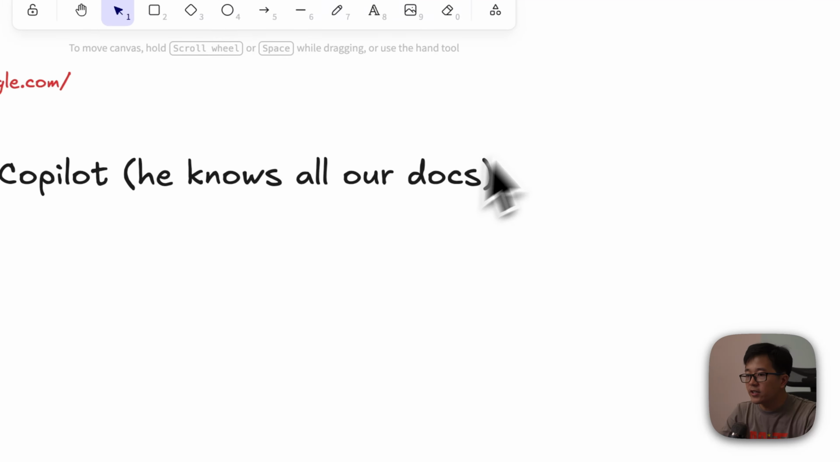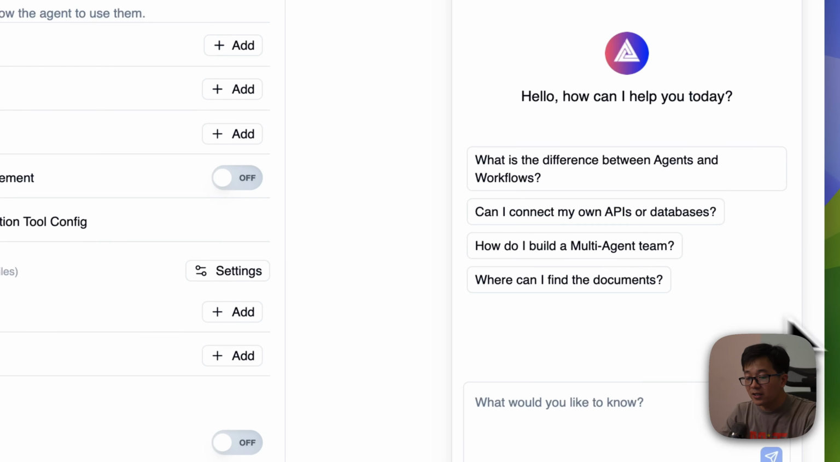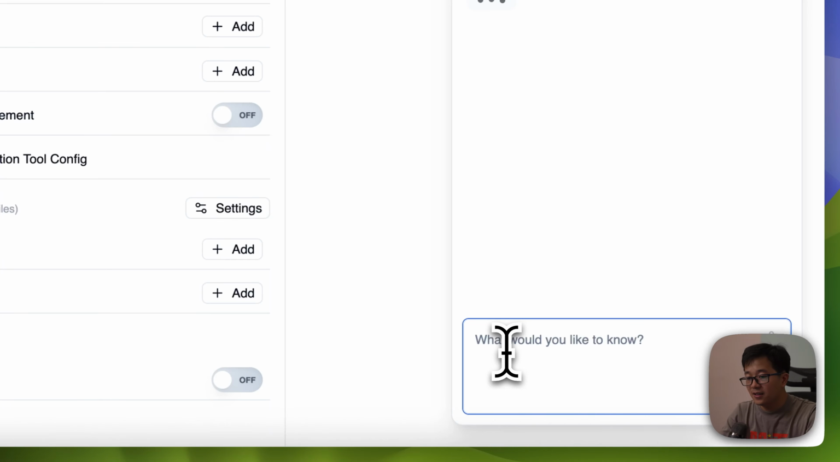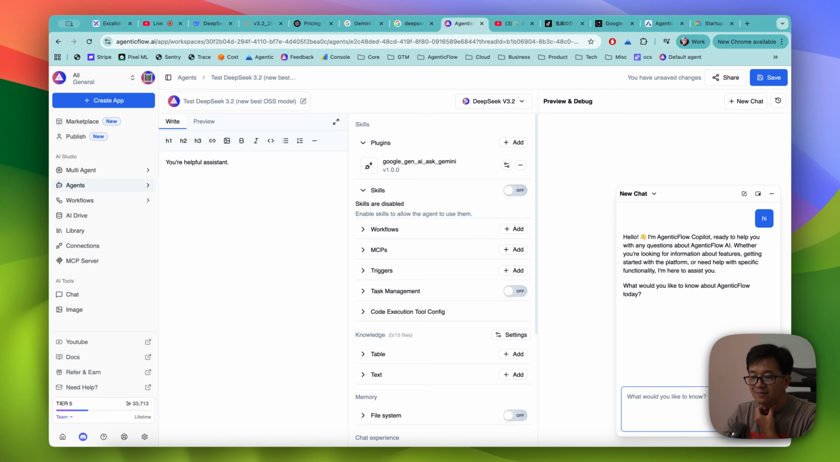So if you go into AgenticFlow today, and you go into this little guy on the bottom, or this one, you can click on this guy, and you can say hi. Okay. Oh, I think we have some problem on this. Okay. So this guy is actually